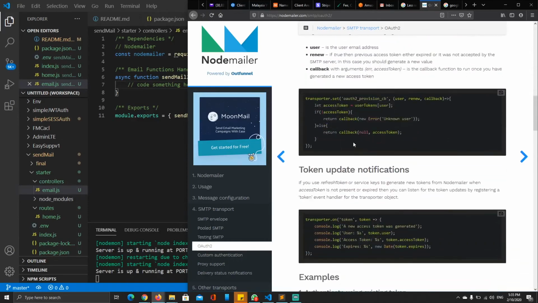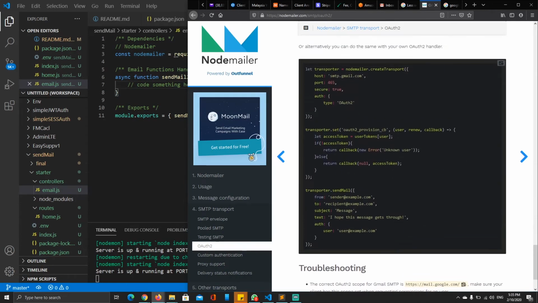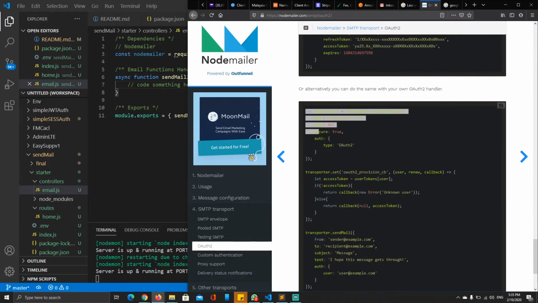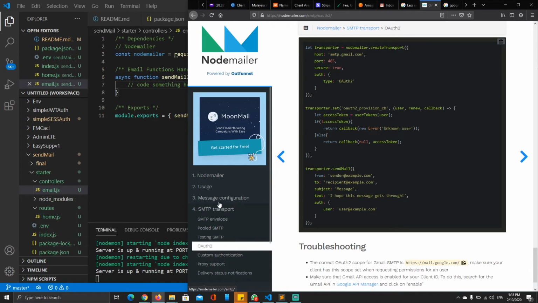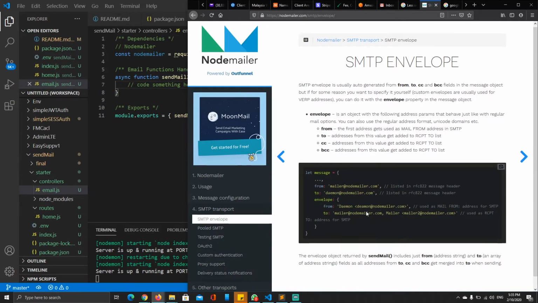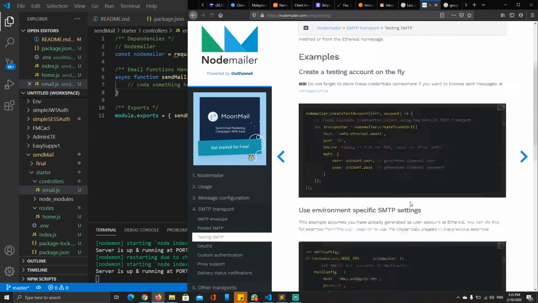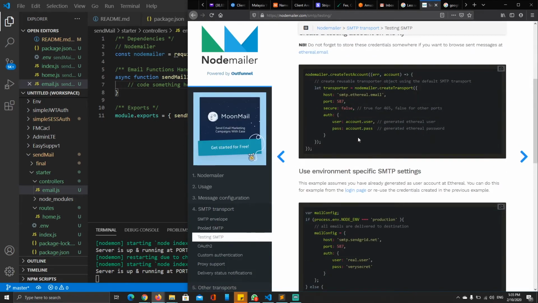So if you go to using Gmail and then go to OAuth2, inside OAuth2 you're gonna have a code that looks like this. Just go way under. Yeah, the one that we have set up here. Instead of OAuth2, we have something like maybe an SMTP envelope, I can't remember which one of it. Something like this, if you do a testing SMTP, then you need to put your account user and account password. These are basically your actual Gmail username, your whatever@gmail.com,